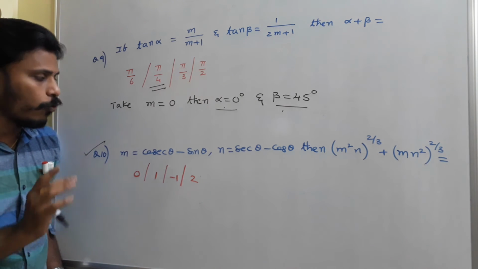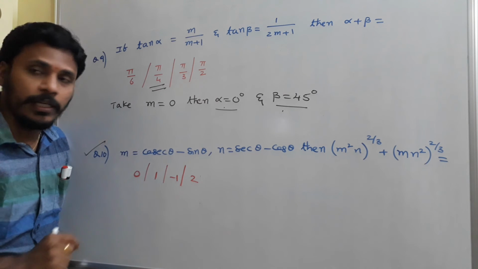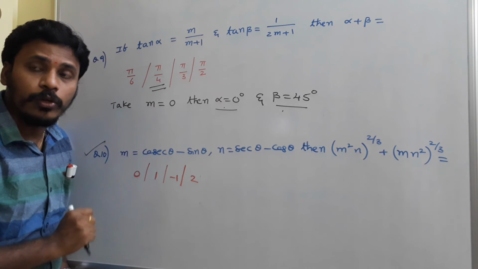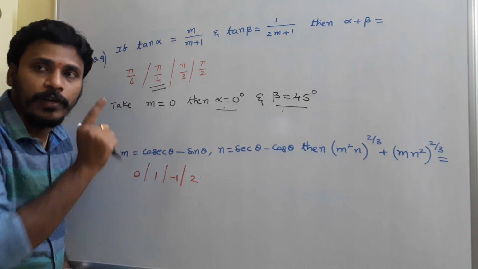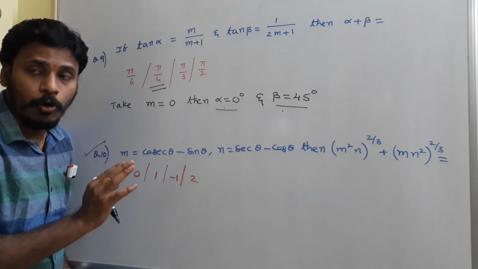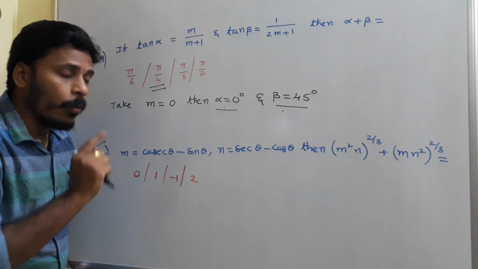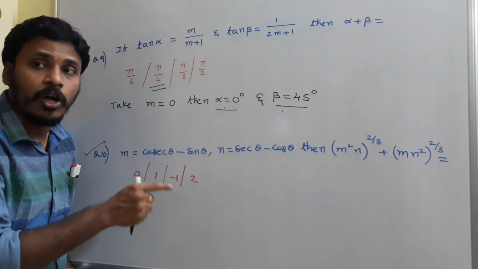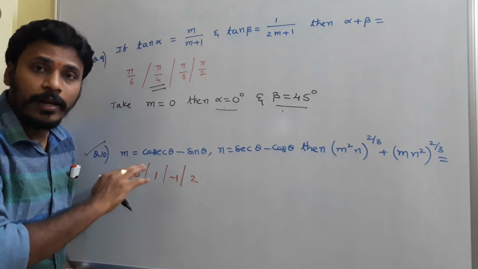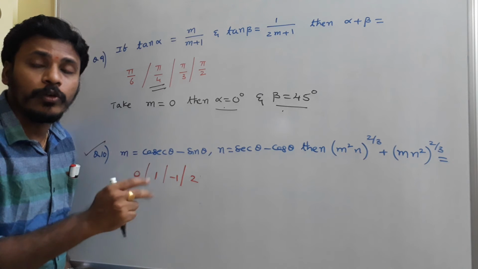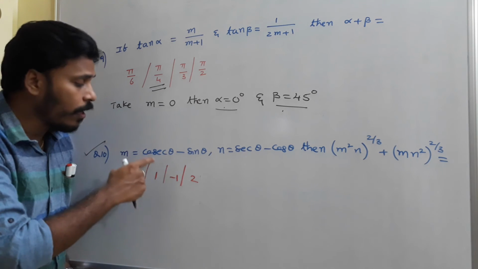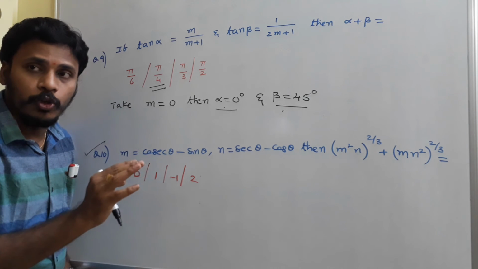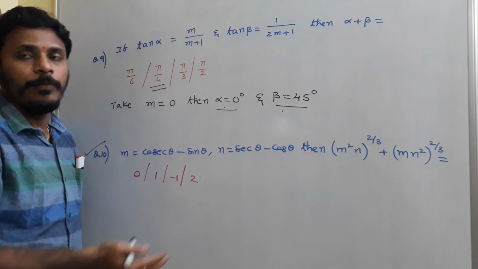See, in this process, since we need to find it, you need to take any value in the place of theta again. So which value you need to take in the place of theta? For suppose if you take theta equals 0, then cosecant 0 is infinity. So we can't allow infinity in our problems, right? So 0 is not acceptable. Whereas if you take theta equals 90, secant 90 is infinity. So 90 degrees is also not allowed for this problem. So don't take theta as 0 and theta as 90. Why? Because if you take theta as 0 or 90, infinity is involved, so the problem gets converted wrong. And that's why you just eliminate those two. So then your option is to go with 45 degrees.